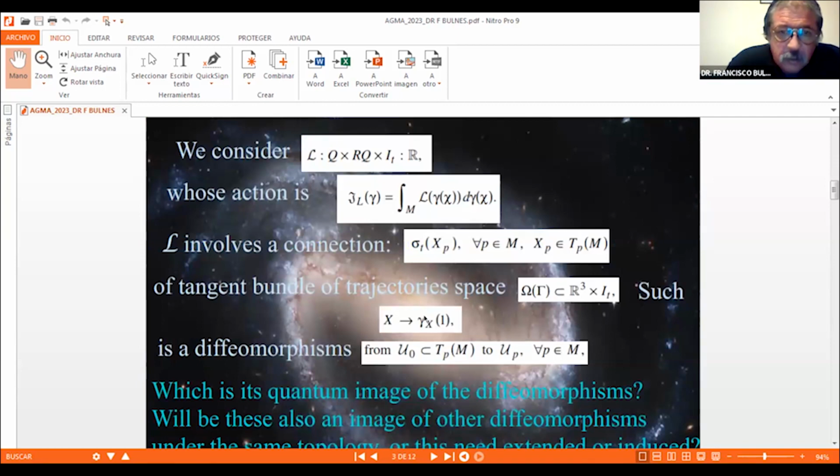We start with the Lagrangian functional and the corresponding action given by this integral. We know this Lagrangian involves a connection, the flat connection in the space. The flat connection is well known by everyone in differential geometry, and the corresponding tangent bundle of the trajectory space, obtaining this first diffeomorphism, where this diffeomorphism is defined in these corresponding neighborhoods,